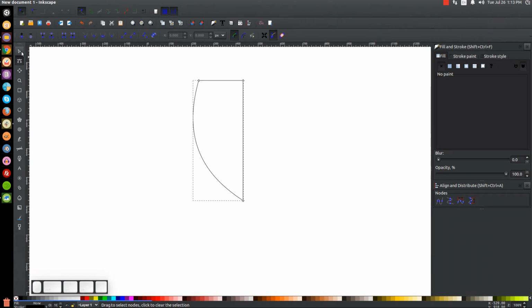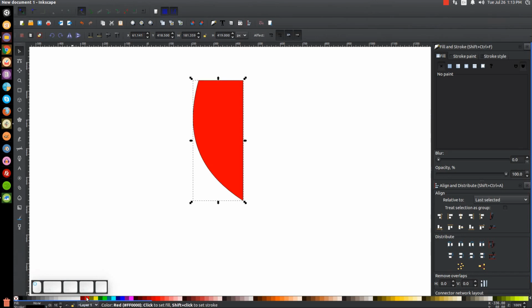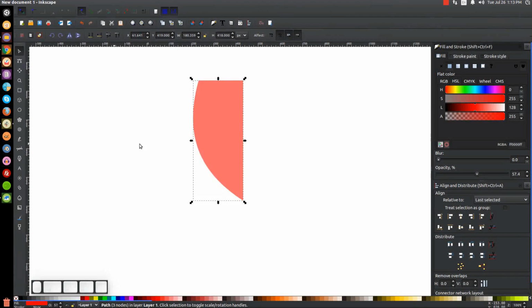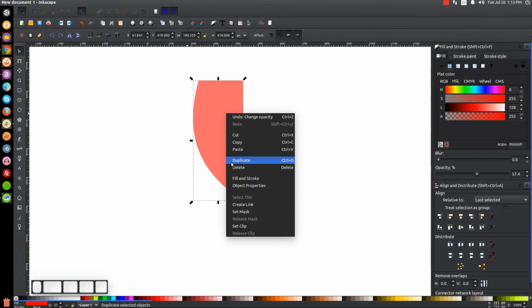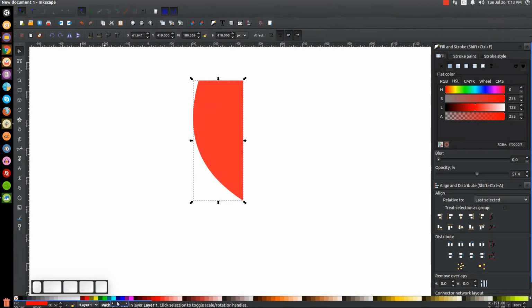And then I'm going to go back to the Select tool, and I'm going to turn this red. I'm going to get rid of that black outline by holding Shift and clicking on the X. And I'll take the opacity of this and bring this down about in half. And then I'll right-click that, go to Duplicate. I'll turn the duplicated copy blue, and then I'll flip it horizontally with this button up here, Flip Selected Objects